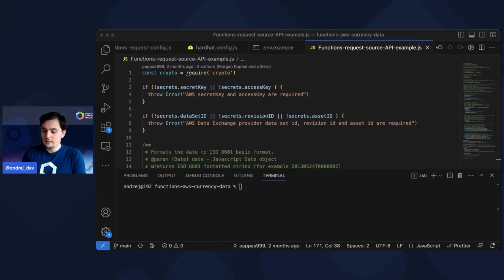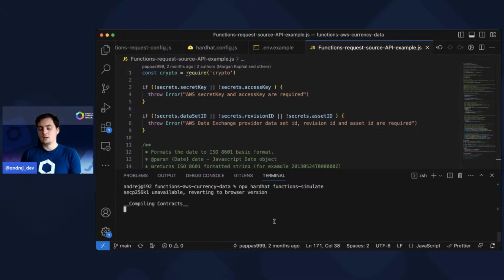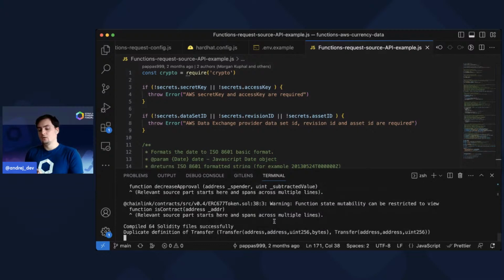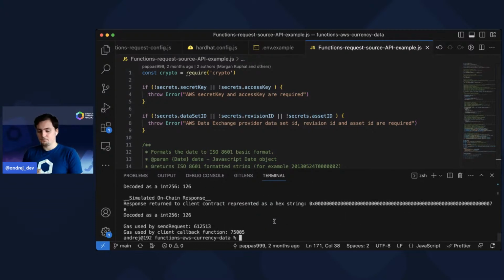Okay, so we now need to call the simulate command, and it is npx hardhat functions-simulate. Hit enter. This command is now going to compile all these contracts and try to execute locally the code we provided here. And this is the response. We converted and encoded it to be an integer, which Solidity can understand, and this is the result,